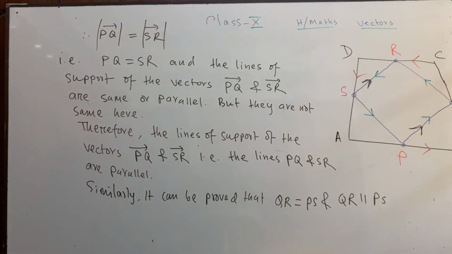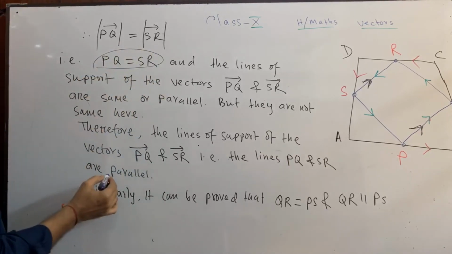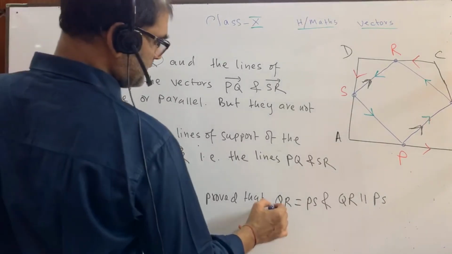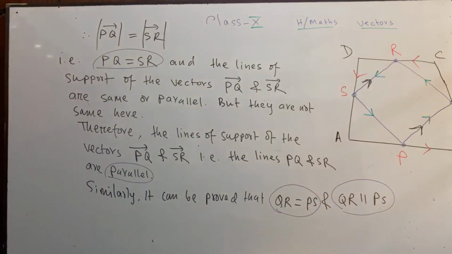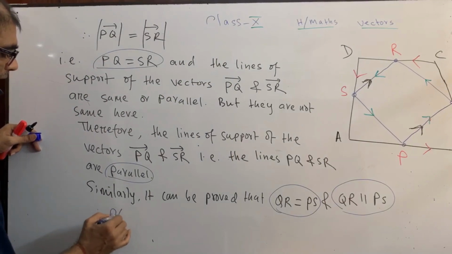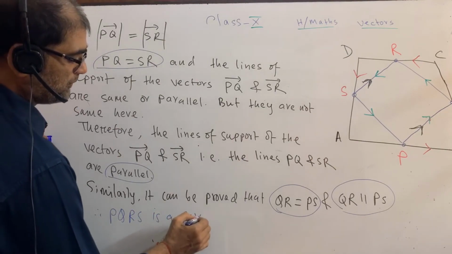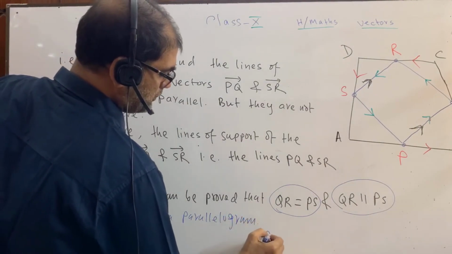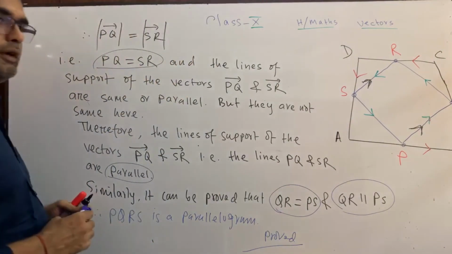The pair of opposite sides of a quadrilateral are equal and parallel. They are equal here and they are parallel here. A pair of opposite sides, and the other pair of opposite sides similarly can be proved that they are equal and parallel. Therefore, PQRS is a parallelogram. Proved with the help of vectors, it has been proved. Okay, dear students,